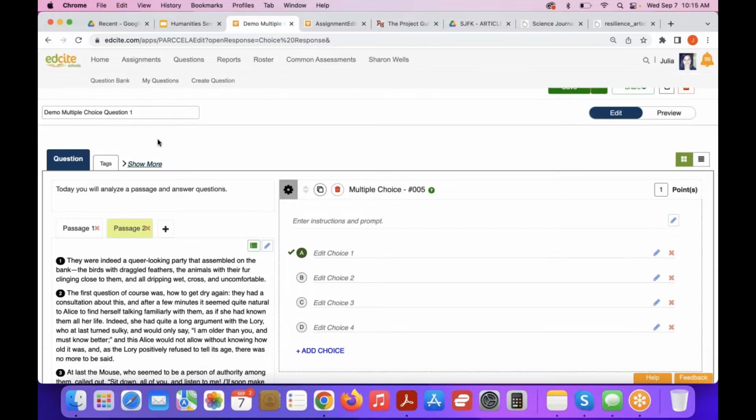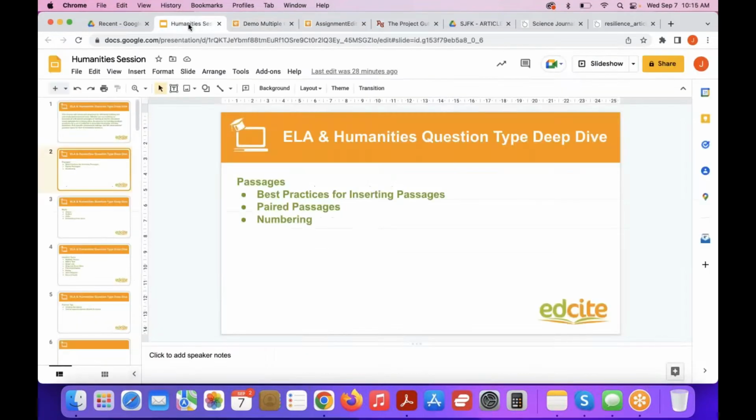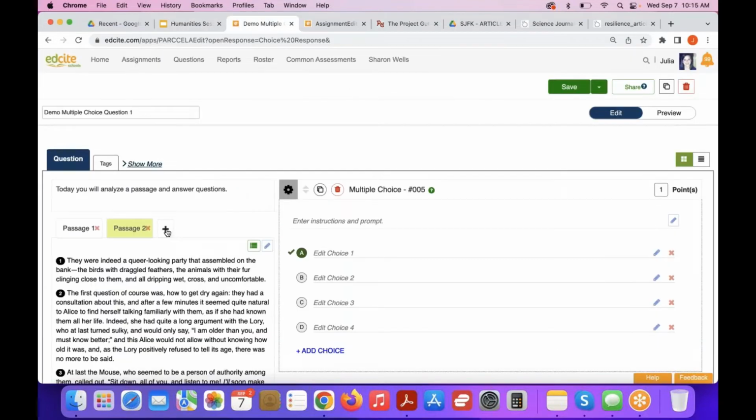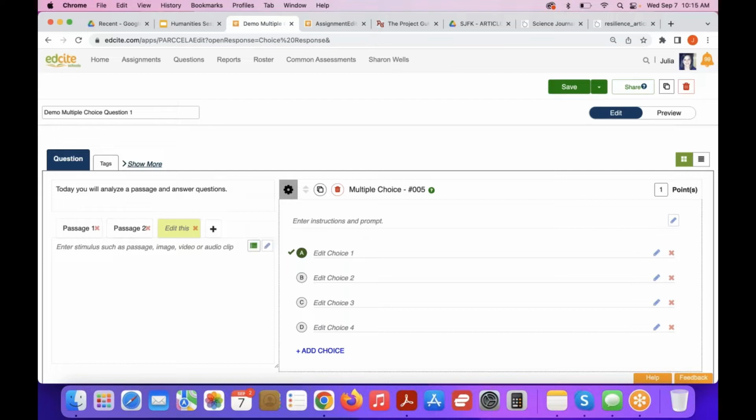In terms of additional options for this stimulus area, a lot of times we don't just want to use passages, but we want our students to be familiar with multiple media sources. So whether that's video, audio, images, so PDFs or embedding from other sites. I'm going to actually add a few more passage tabs or stimulus tabs in here